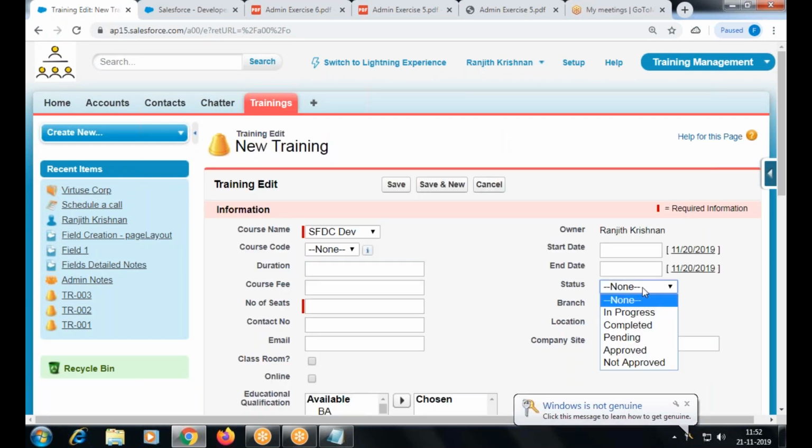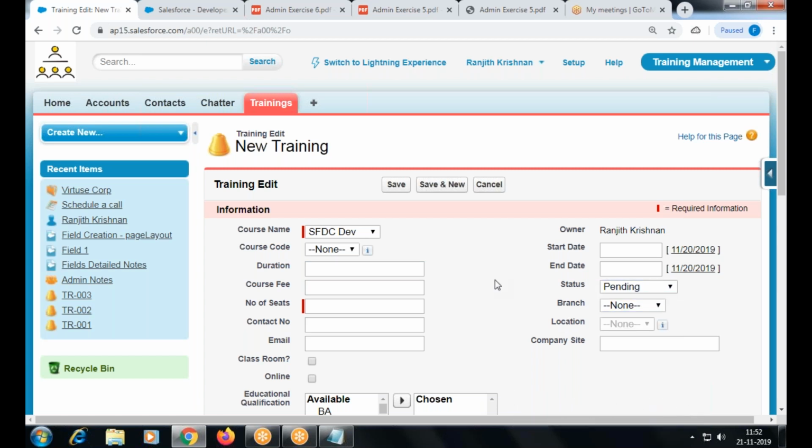So every training that you are going to create is going to be a pending one. Every time I create a new record, I do not want to go with the pending option. Right now there is no default option set. That's why it was showing us none.